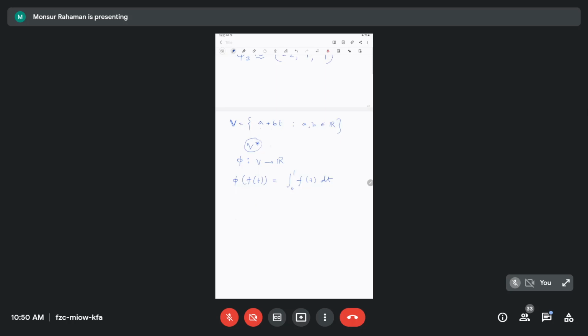You just need two basis vectors. So for V star, just as here we have 1 and t, here there will be phi 1 and phi 2, two dimensional. V star is also two dimensional. So the same result: phi 1 of 1 will be 1 and phi 1 of t will be 0. Phi 2 of 1 equals 0 and phi 2 of t equals 1.